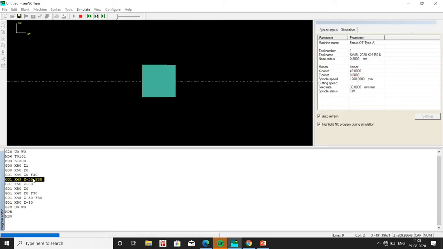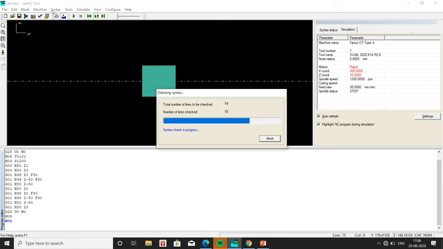We can see X50 Z0 and 49; it takes 50 mm, again it goes to X50 Z minus 50, and similarly you can see that it's going quickly. You can observe how it proceeds. Let me play it once again. Here I have to make some correction: X0, X50, Z0.